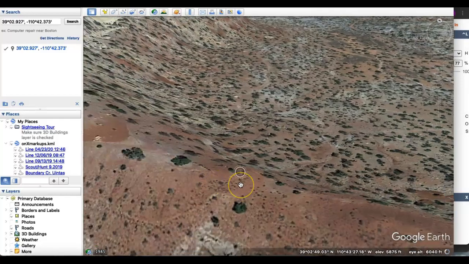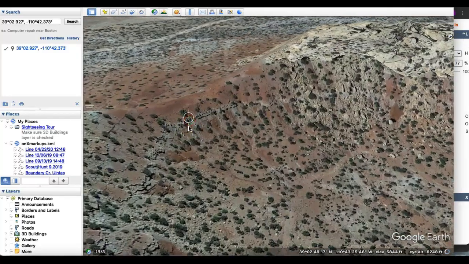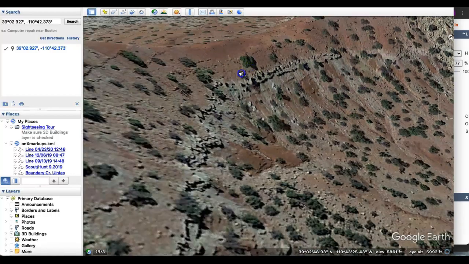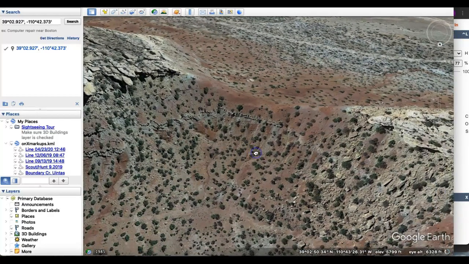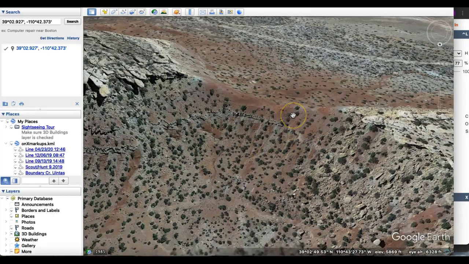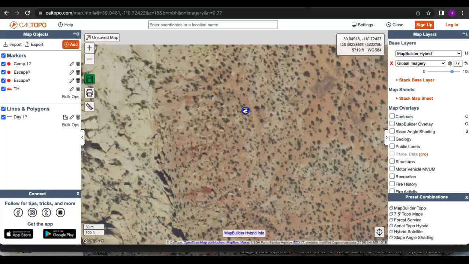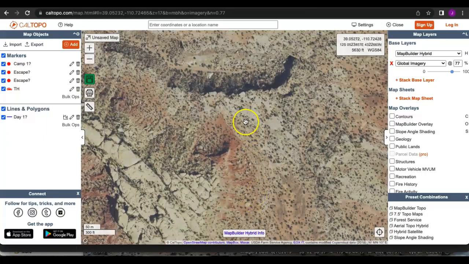It looks pretty mellow. Could be loose. I don't know that we want to plan on jumping down those, but we have a possible way down here. Try and do something like that. I think we could make it down here. Yep, there's a trail marked here. Looks maybe like an old mining road. And our next crux will be getting down